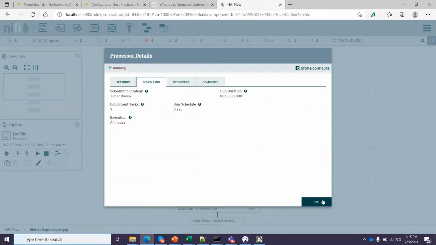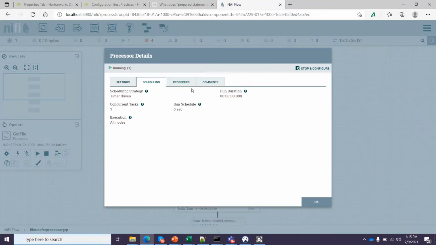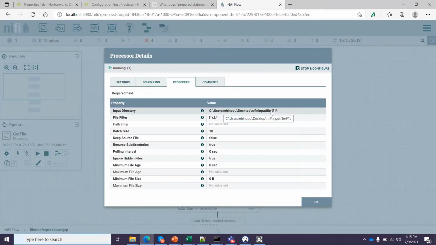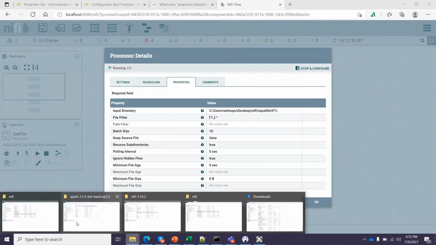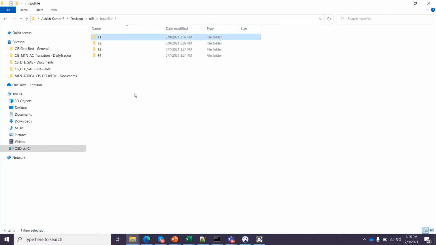So that's all. Let me push a file. We have to push it at this input directory, folder F1. This is my input directory, and I will put a file in the F1 folder.